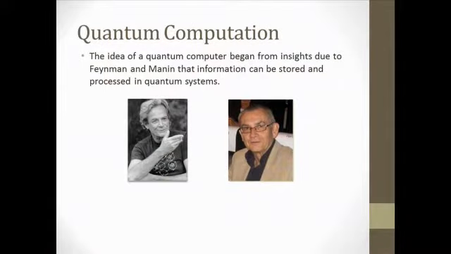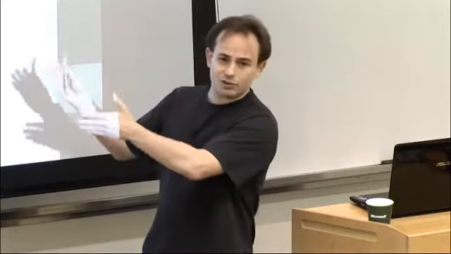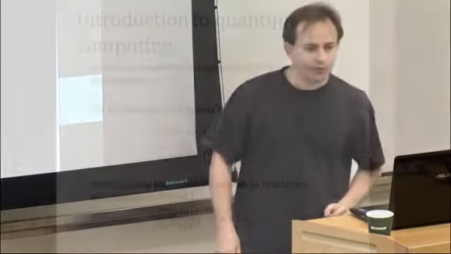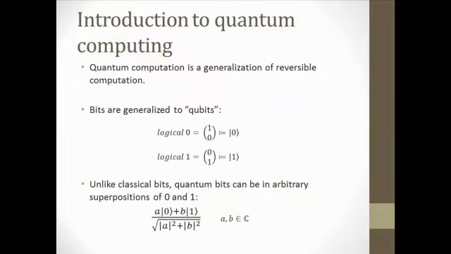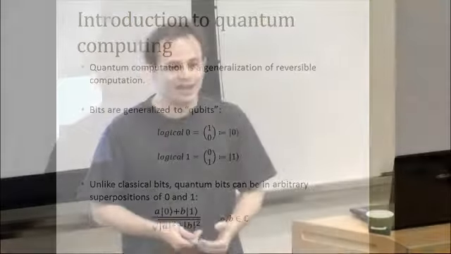So, quantum computation really began with thoughts from Richard Feynman and Manin that suggested that quantum information could be stored and manipulated in quantum systems themselves. Now, this actually doesn't sound on the surface like all that deep of an insight. After all, Moore's law has caused us to miniaturize to get components smaller and smaller. So this sounds like it may just be a replication of the same theme, just smaller. But actually, it's a fundamentally different idea. The reason why is because the information has to be stored in a manifestly quantum fashion. That is, in a way that defies a classical description.